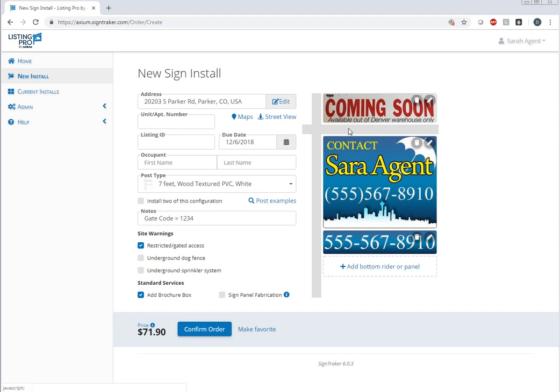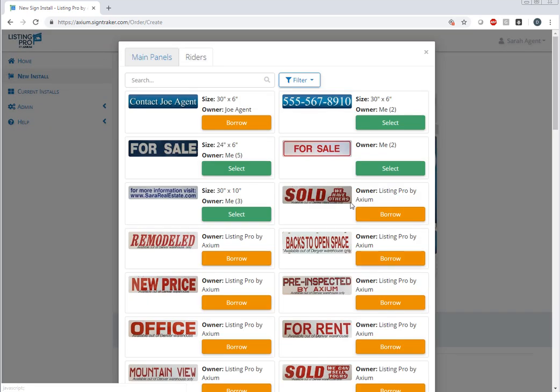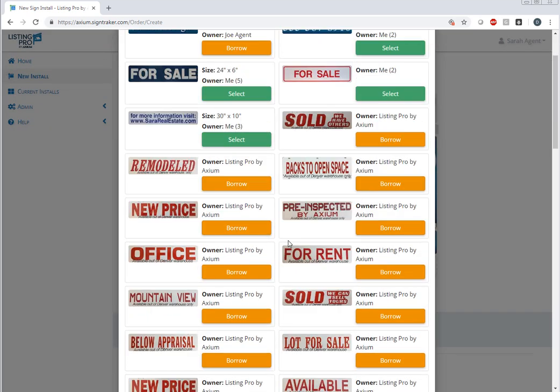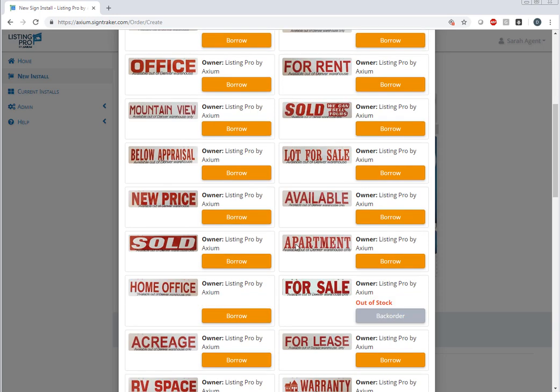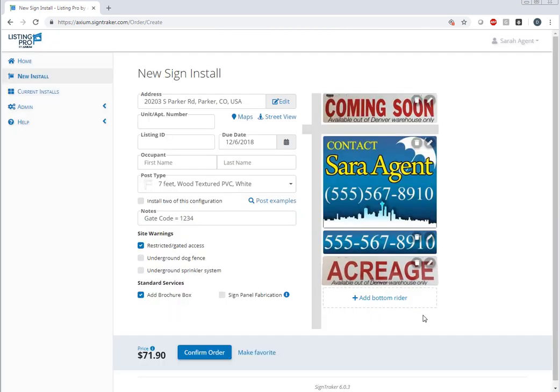And since this signpost, this 7-foot post, has the capacity to add many riders, we can go ahead and add something else. Maybe we're going to borrow an acreage rider. That's a good one right here. And we've got everything together. We can take a look at the details of our order. We have the initial post, the top rider that we bought for $7, adding brochure box,